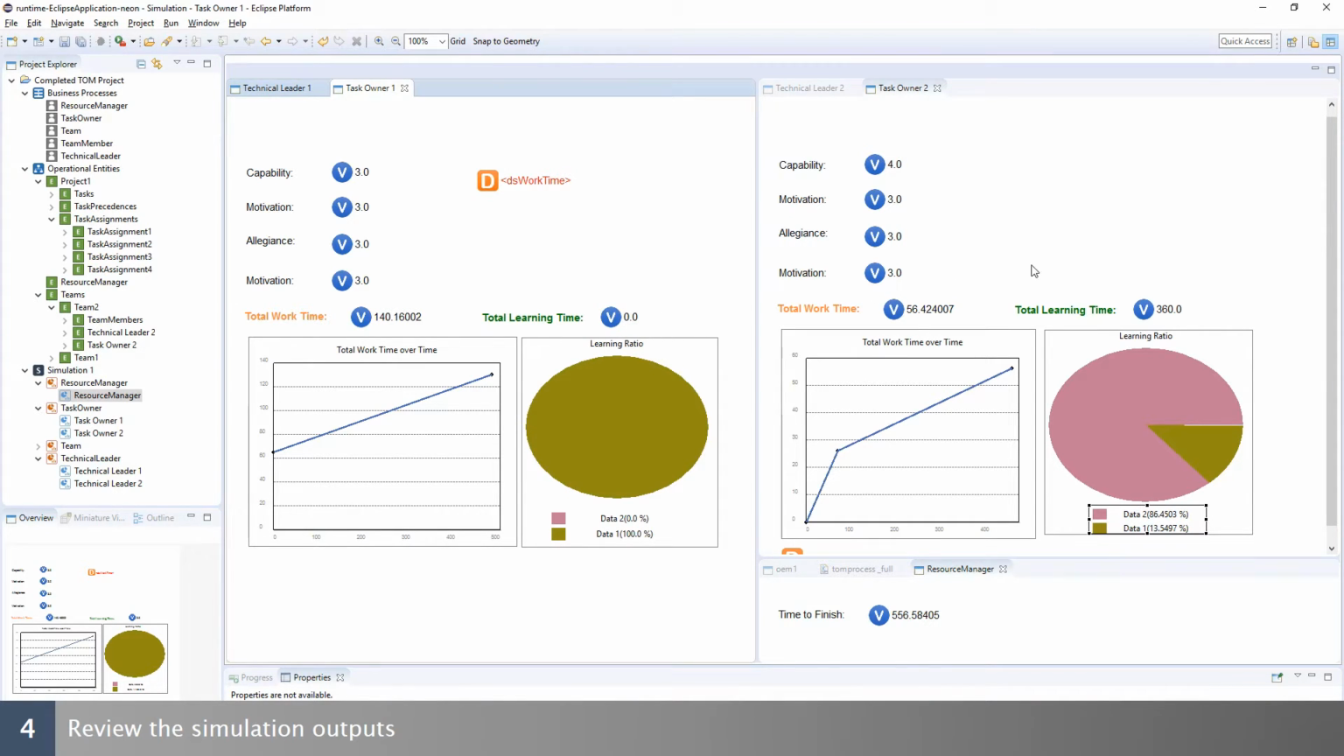Meanwhile, Team 2 is assigned to tasks 2 and 3 where the complexity of task 3 is higher than the capability of Team 2. Team 2 needs to learn from technical leader to carry out task 3. However, the capability of Team 2 is higher than that of Team 1. Team 2 is more competitive than Team 1 in the total work